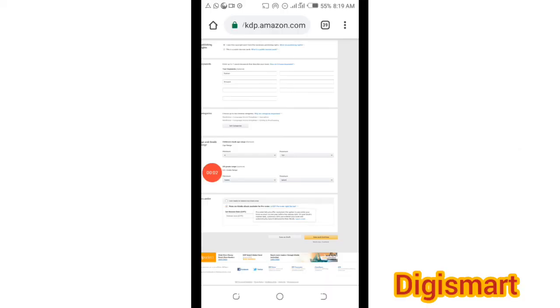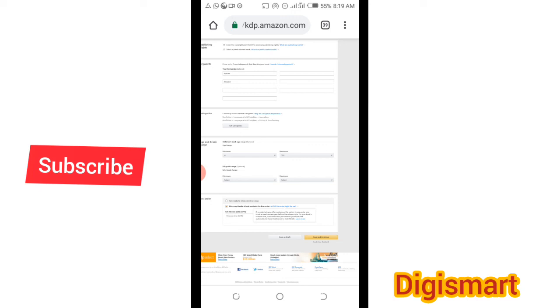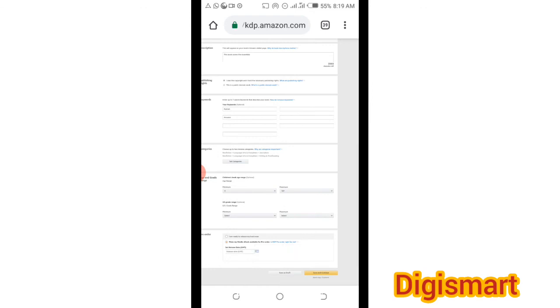When you go back to kdp.amazon.com, it will take you to a page like this. And if it does not, maybe it wants you to confirm that you're the owner, then it will send an OTP to you that you are going to type, and then it will take you here. Now when it takes you to this page,